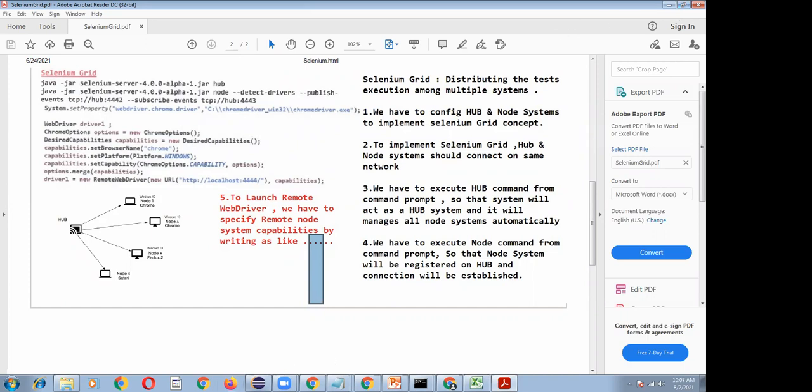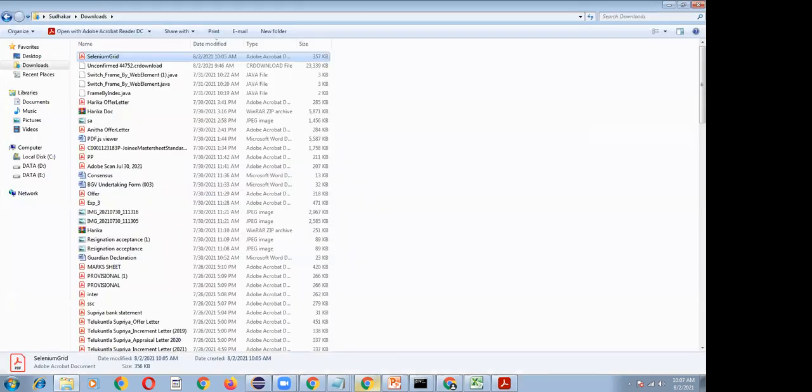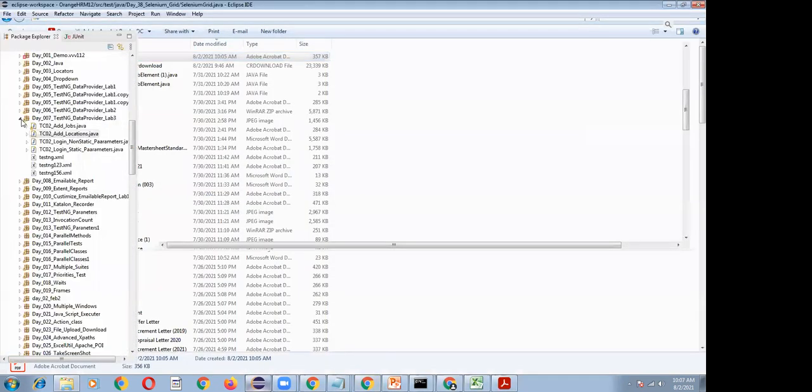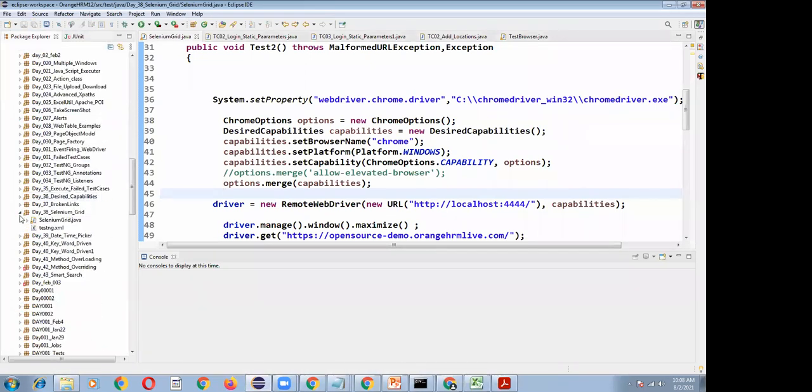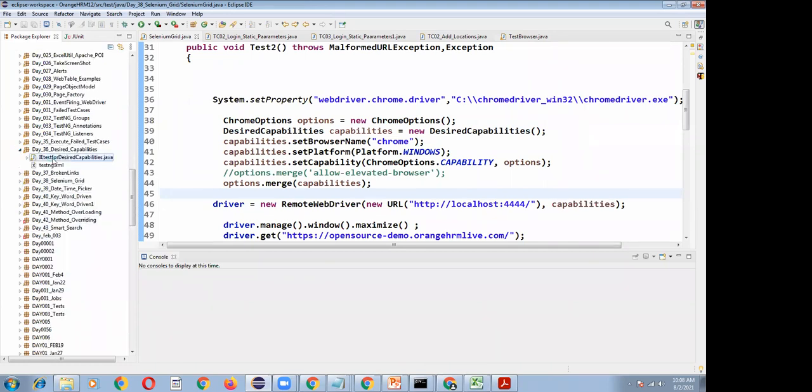Okay, that's it on the Selenium Grid concept. Okay, so 1 second. And desired capabilities. Okay, desired